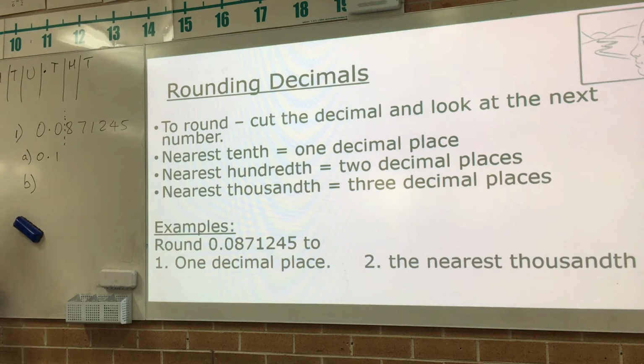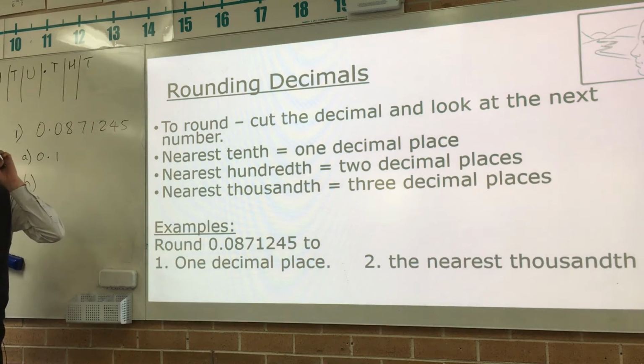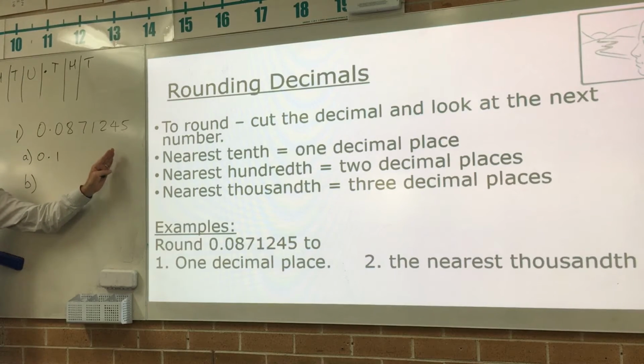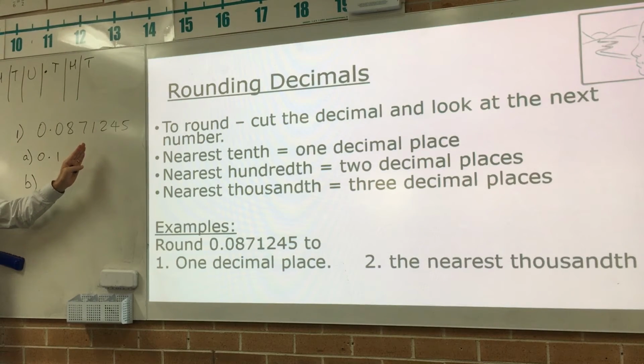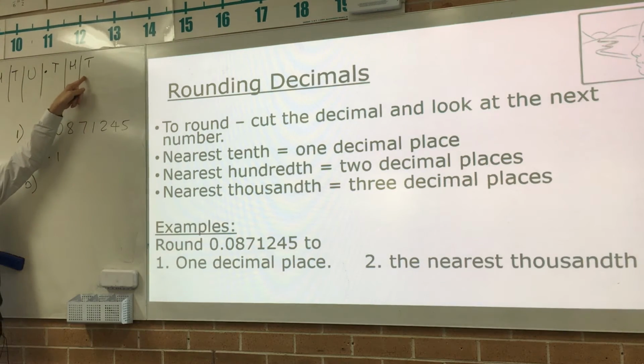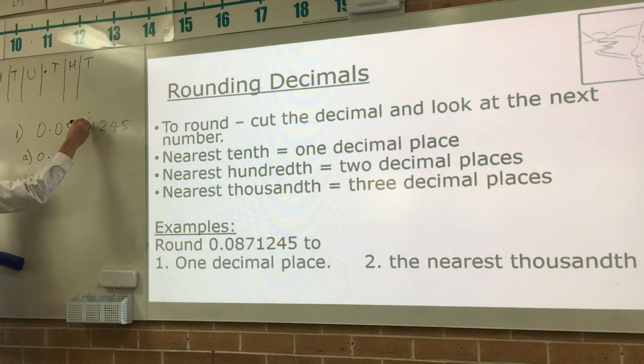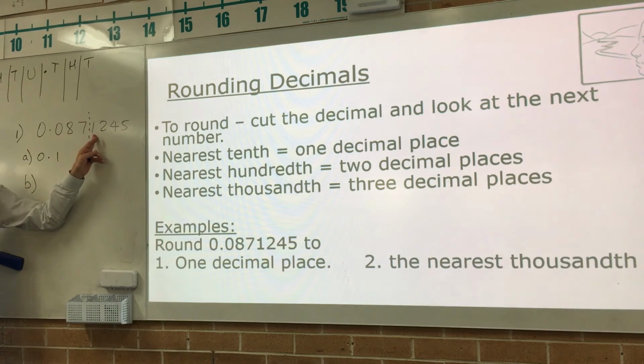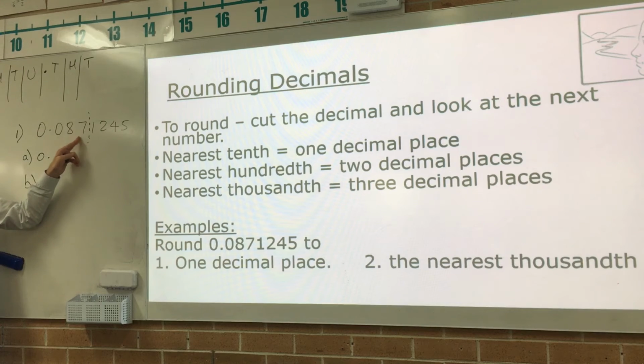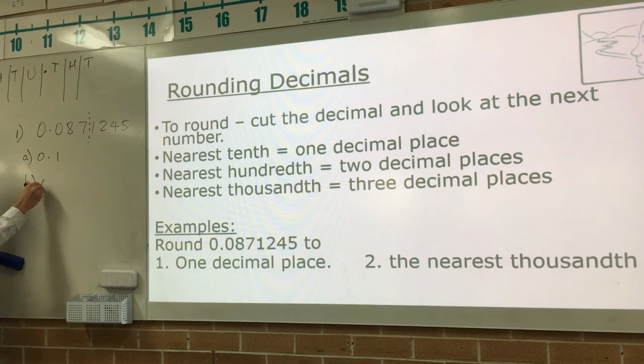What about B? Let's take out our cut this time and put it in again. If I'm rounding to the nearest thousandth, what number is the cut going after? Yep. After the 8, that's the hundredths. After the 7, good. So my cut's actually going to go there, and I need to look at the next number. The next number is a 1. Am I going to round the 7 up or down? Down would be what I'm looking for. So our answer is